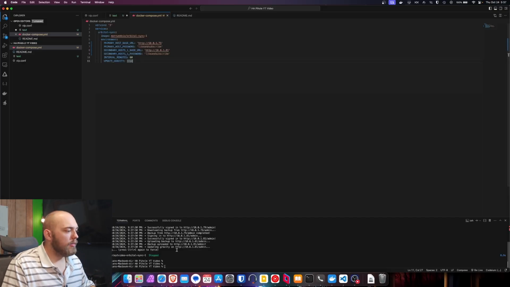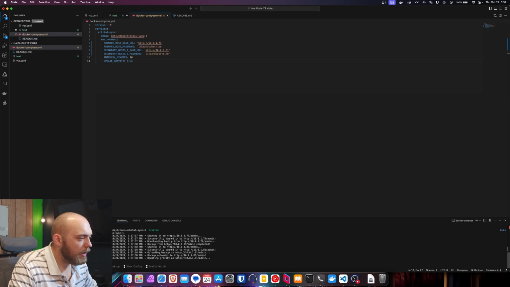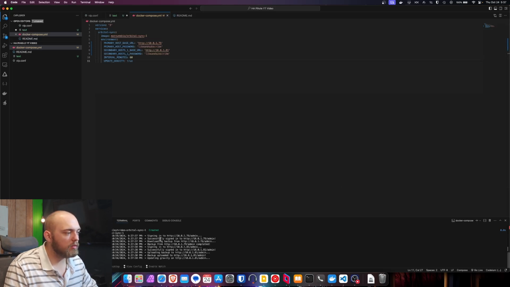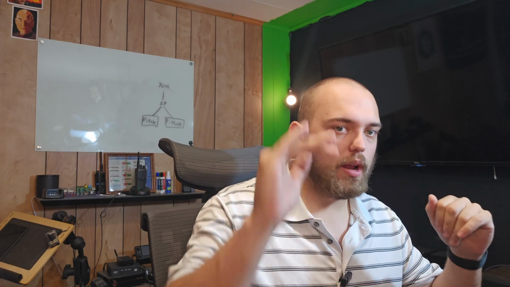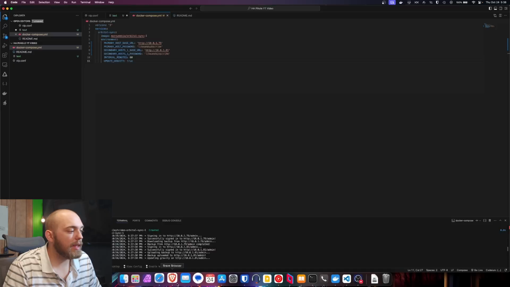So save your file, and then in a terminal window, we're going to run Docker Compose up, and it's going to start working. And you're going to see that it's signing in, successful, downloading, backing up, signing in, successful. And as long as this is running every 60 minutes, so every 1 hour, it will log in to whatever is the primary, back up the config, download it, and then push it to whatever is the secondary. So let's go make sure that that's working.